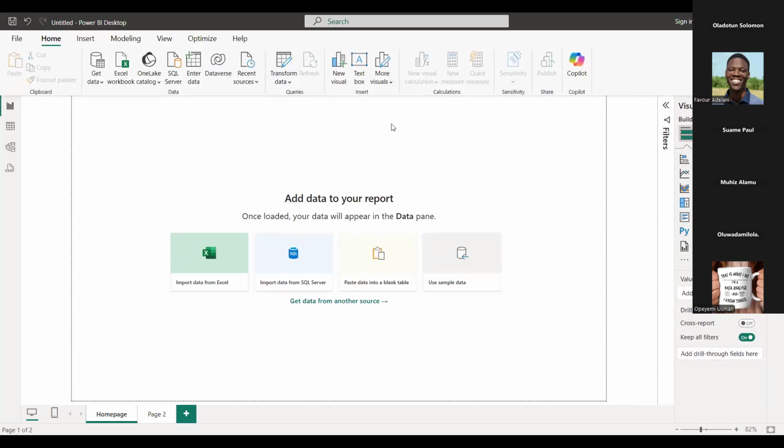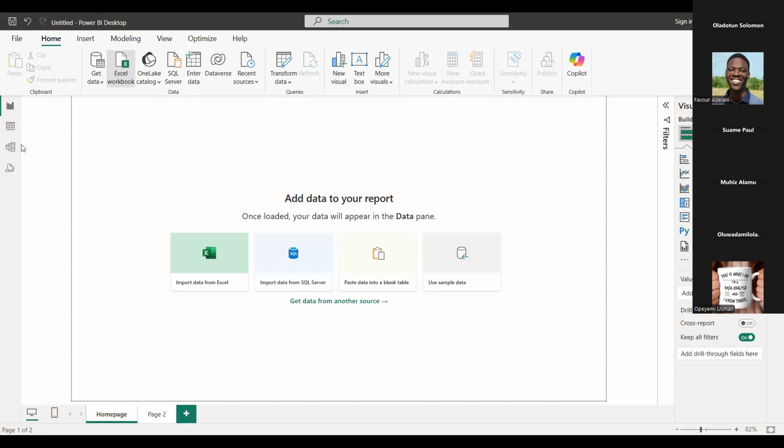Now, first things first, whatever it is, there is no data analysis without data. The same way there's no data visualization without data. This is why one of the first things you need to do before coming into Power BI is to already have the data that you want to work with. Just like the same way we did in the Excel class, and of course in the SQL class as well. Whatever I want to do, we are performing these tasks and actions on data. Are we still together?